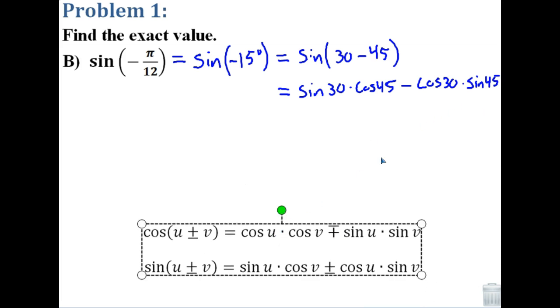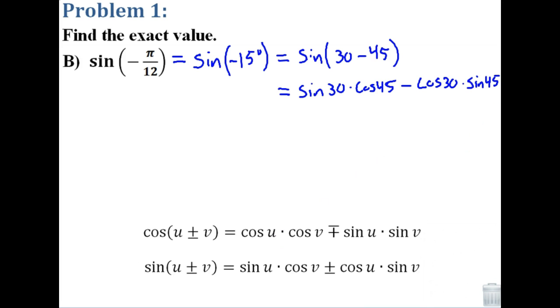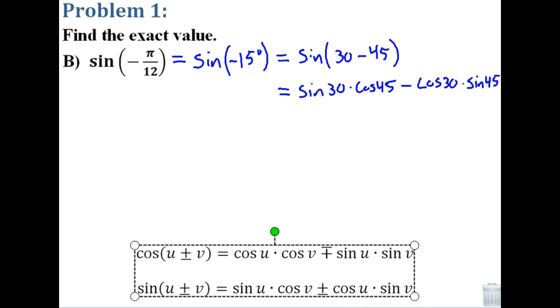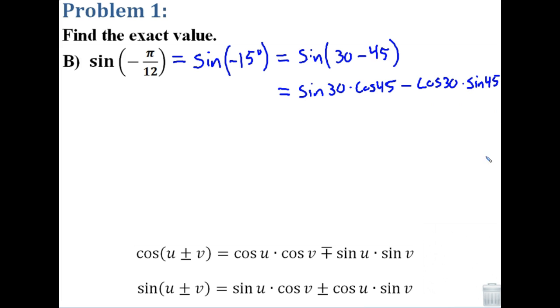Okay, so we split this apart into smaller angles that we know how to deal with. Just a reminder what those 45-45-90 and 30-60-90 right triangles look like. It's a sloppy triangle here, but it'll work. 1, 1, root 2, and then